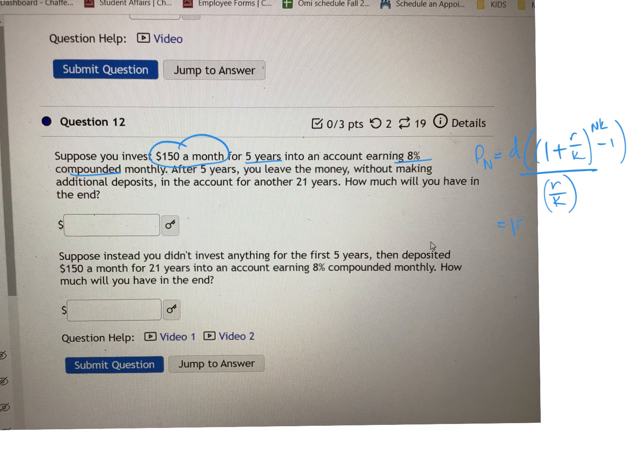And we know the monthly payment, or the monthly deposit, is going to be $150, times 1 plus 0.08, 8% written as a decimal, over 12 because we're compounding monthly, and then 12 times 5, or we could rewrite that as 60, minus 1, and this is all over 0.08 over 12. So the amount of money that we're going to have after 5 years, and I noticed I forgot to put the parentheses around this bit of stuff, because it's the payment times that whole chunk. So when you enter that, it ends up that we're going to have